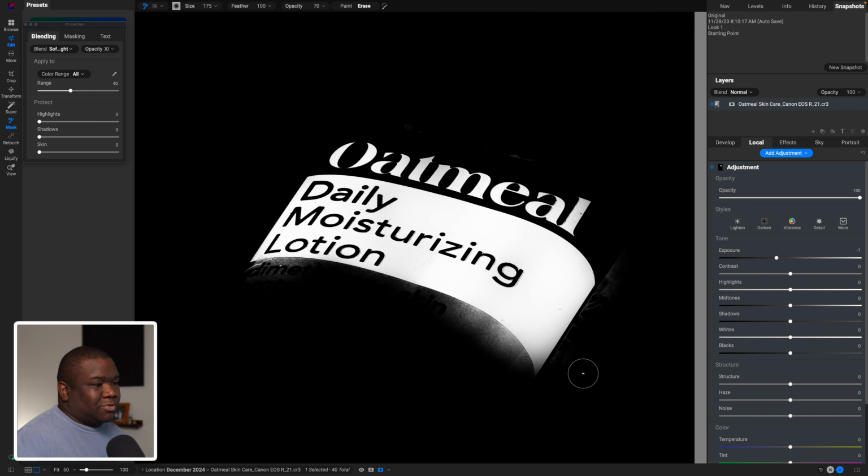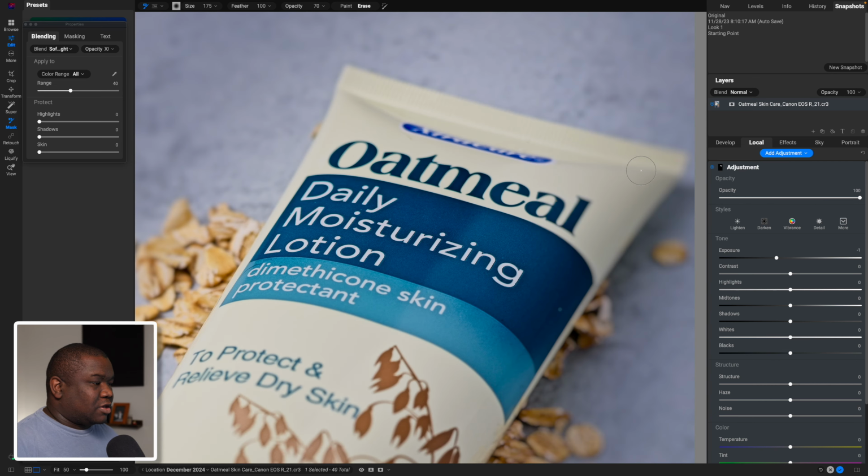I don't think that will work for this adjustment, because I think I've already gotten the darkest level of adjustment that I needed to make, or at least the burn adjustment that I needed to make for this particular effect. So if I hit the letter O, and I'm just going to turn this off and on so you can see what's happening here. Off and on, you can see how it's just making this little area pop a little bit more. Now, I could do the same thing down here, but again, I'm going to call this top label,